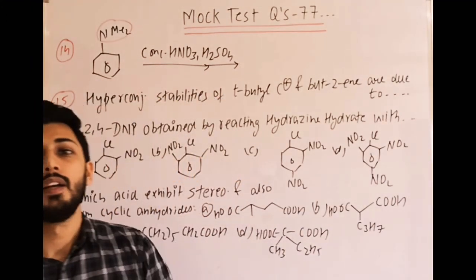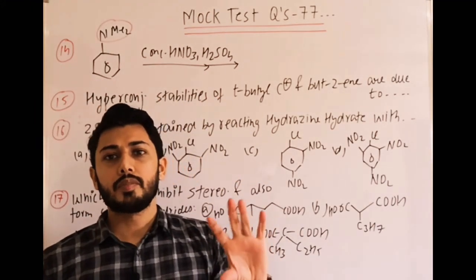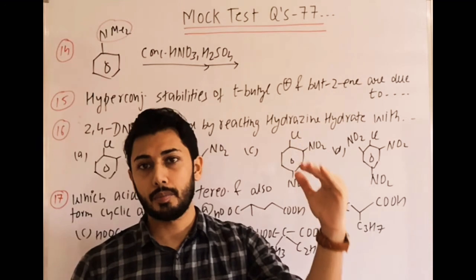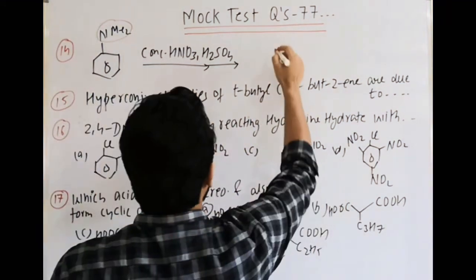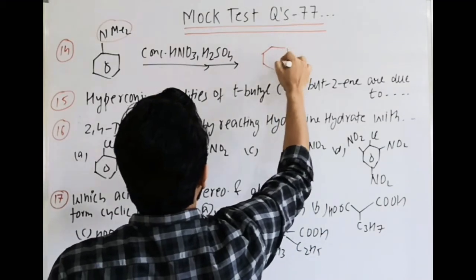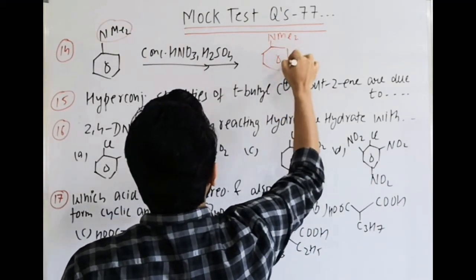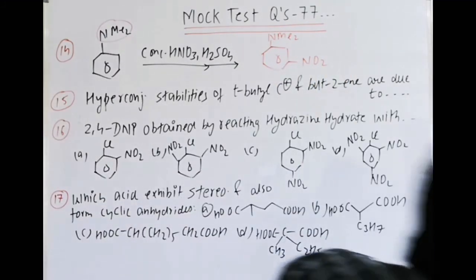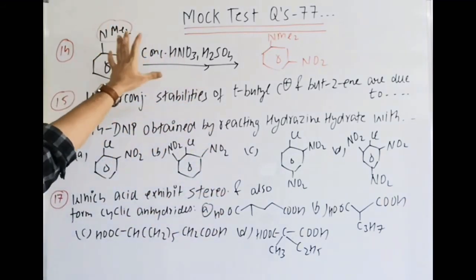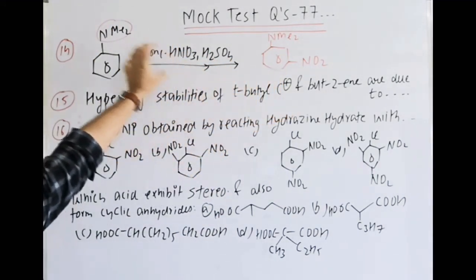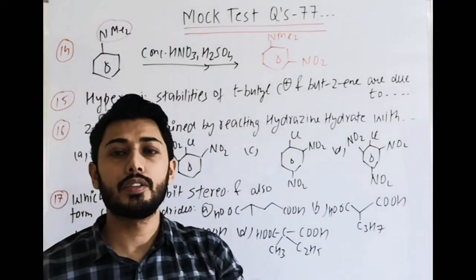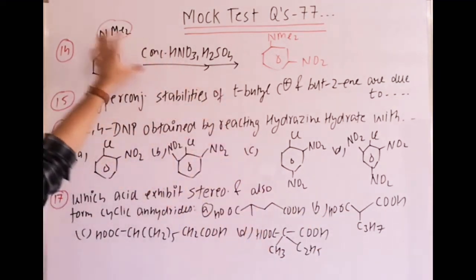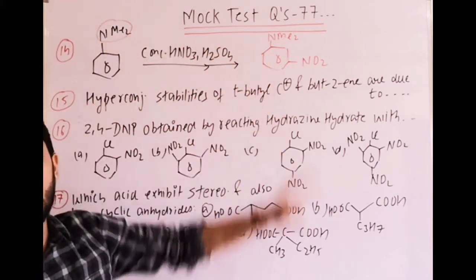Remember what happens in aniline? Aniline firstly takes H plus and becomes the anilinium ion, which is deactivating, and that's why the product has a significant amount of meta product. But in this case mainly the product is only meta product. Why? What is the reason given? Although we know that it's mainly giving meta product, the reason is that NMe2, the tertiary aromatic amine, is a stronger base as compared to aniline, so it takes exclusively more H plus, and then it becomes a deactivating group, and that's why mainly we get meta product.